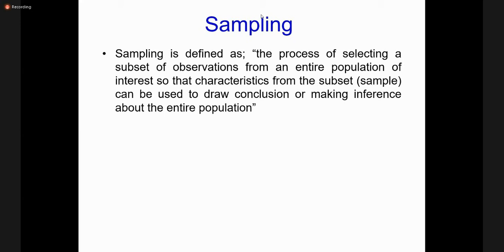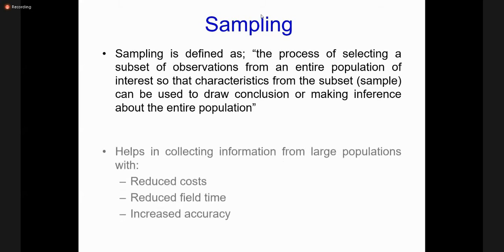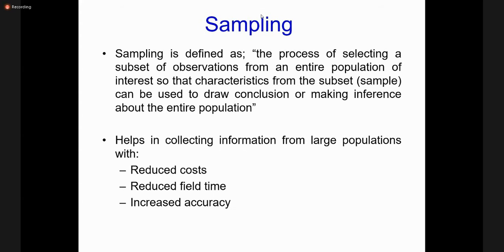Suppose, in the hypothetical scenario, as I'm talking about Karachi, it will be the Karachi population. I hope this is clear. This is what we call a sample. What is a sample? It's a process of selecting that subset. Because even if you are using a subset, you have to follow certain principles. Otherwise, the subset you select may not be a true representative of the population you are concerned with.